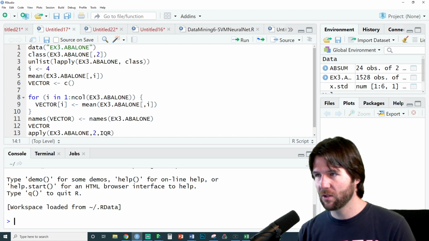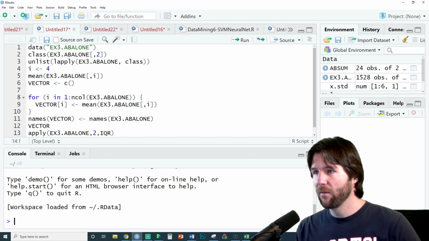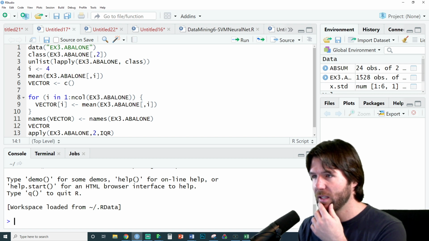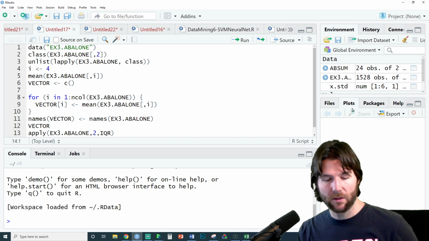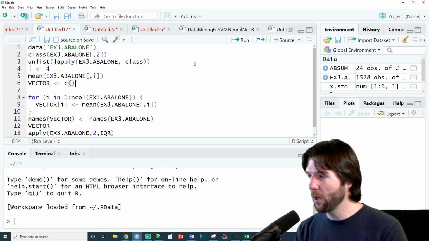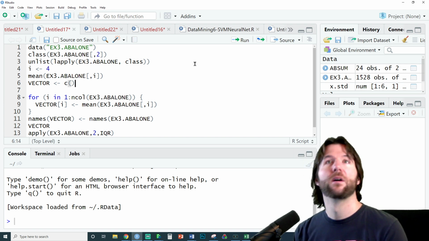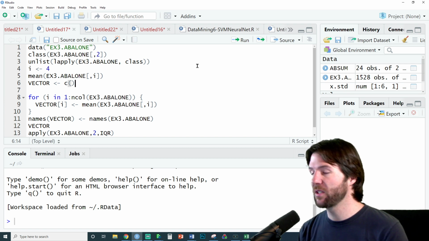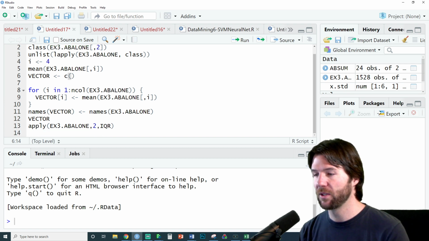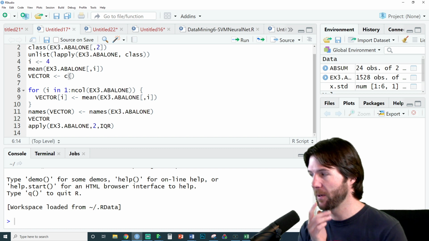Catherine asked, for 2B, can you tell me how to make the subset to get the data for the current and the new machines? Yes. So what we want to do right now, or you already have your subset. Catherine, do you already have your subset of your data? Have you already taken a random sample of your data?